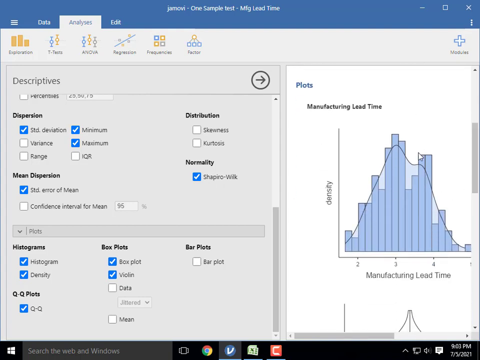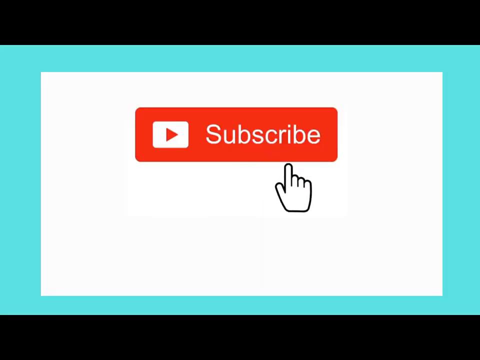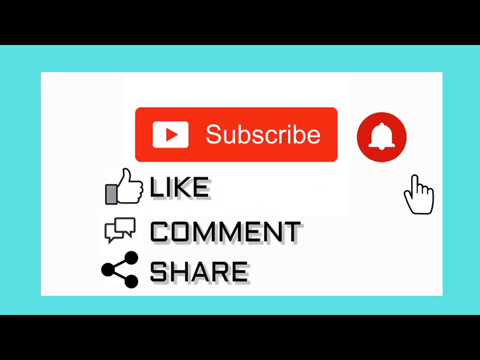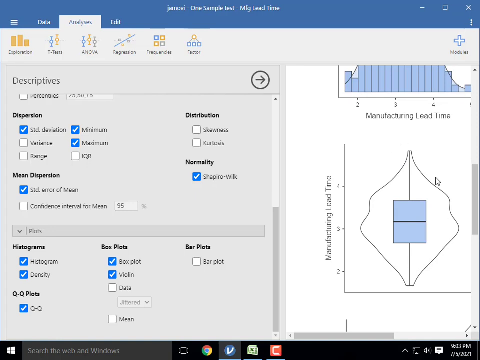Then come to these plots. This is our normality plot. This plot shows that our data is approximately normally distributed. This box plot shows that our data does not have any outliers.